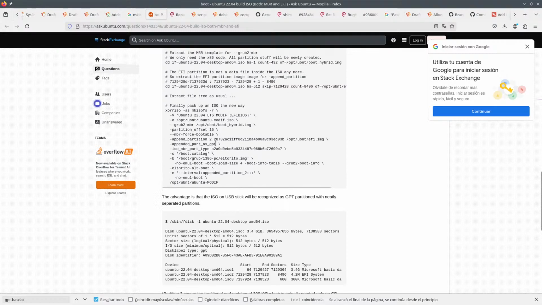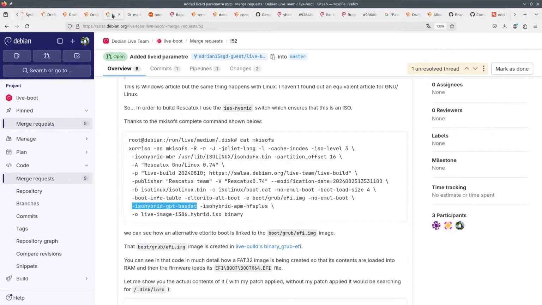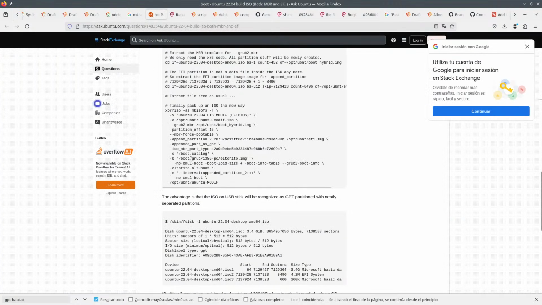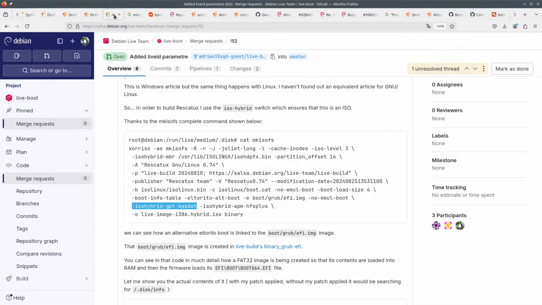Append as GPT. I'm not sure we have that option in whatever I have sent here. Append as GPT, it's not here. I guess we are using an older version or whatever, and this is a bit better, but the idea is that if